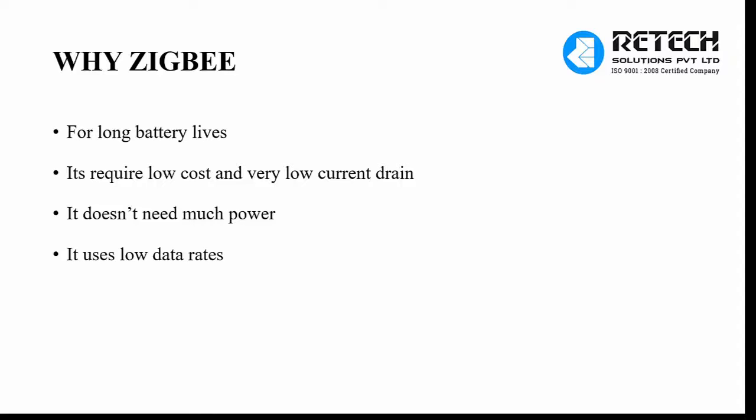If you want to use any other high communication protocols, you need to spend much more cost, and you need to give a higher power supply to those modules. But in the Zigbee, the cost is low and the current consumption is low, and it still delivers the high communication protocol standards. For that purpose also, we go for the Zigbee modules.